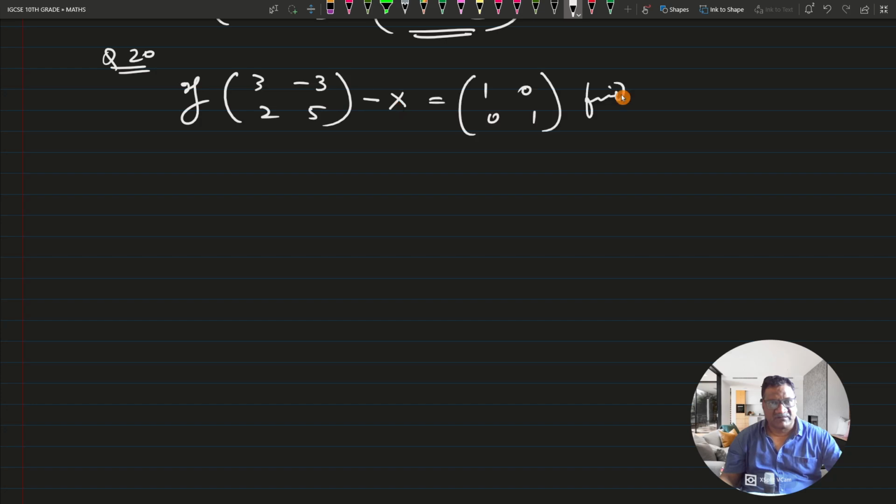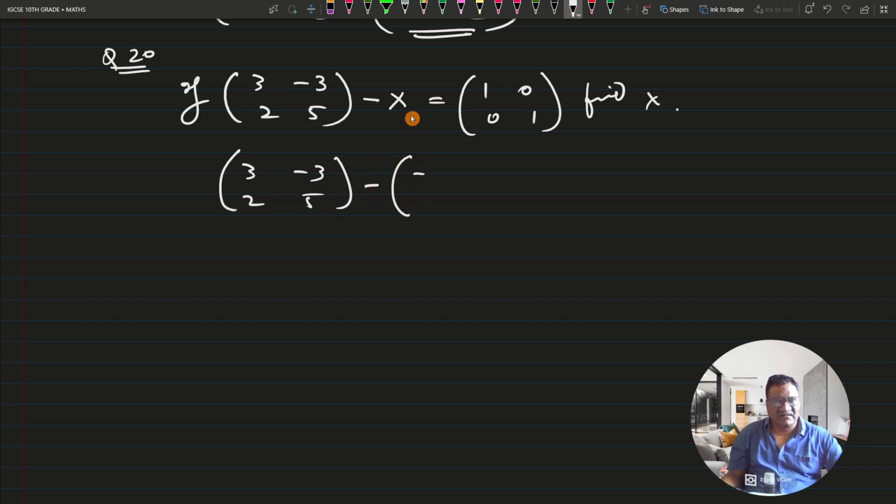You have to find out x. Now this is a simple addition of matrices. So here if you rewrite this equation, 3 minus 3, 2 and a 5, and this if you bring on this side, so this will become minus 1,